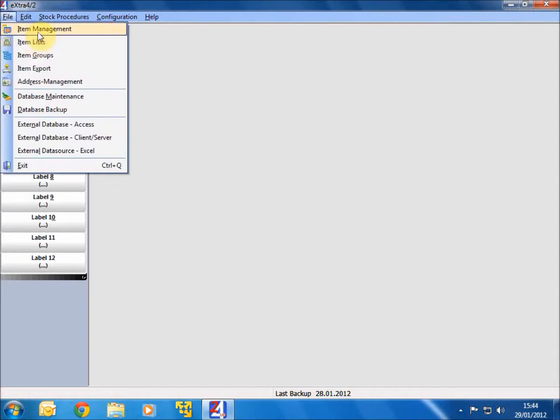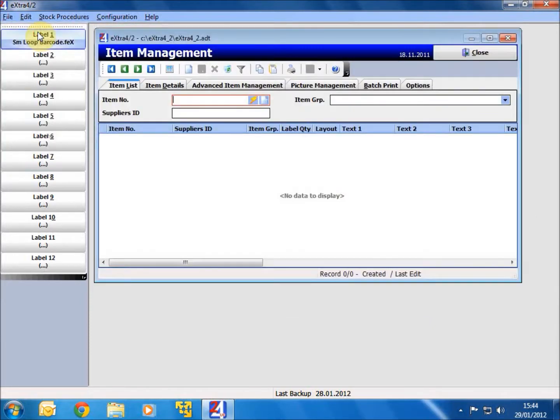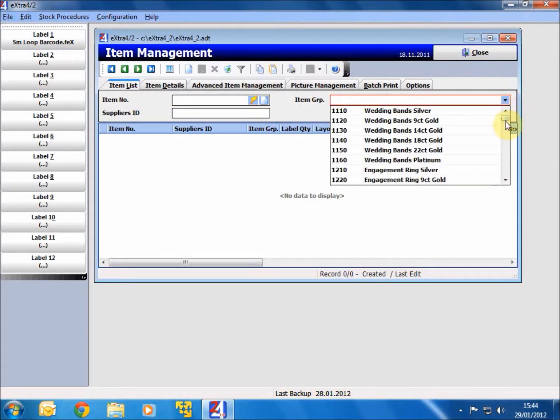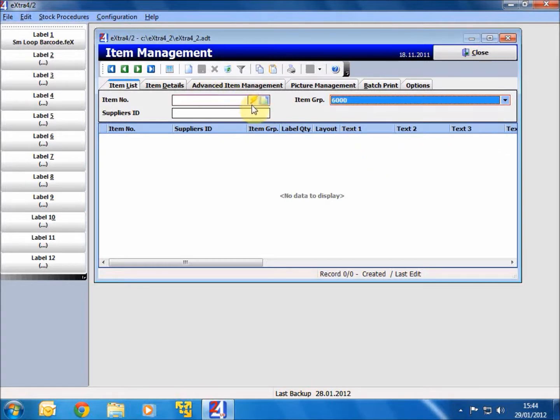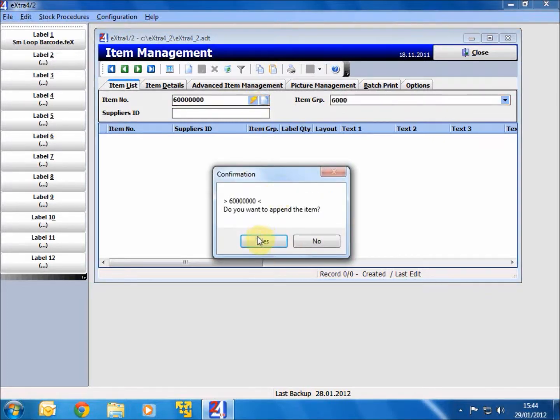So I'm going to go to File and Item Management, and I'm going to create an item. I'm going to do that by selecting the stock group, or item group as we call it. These are based on the stock groups from the Jewelmaster system, which is an EPOS system that we recommend quite highly. My system can now create the item number automatically simply by clicking on the execute or lightning strike button